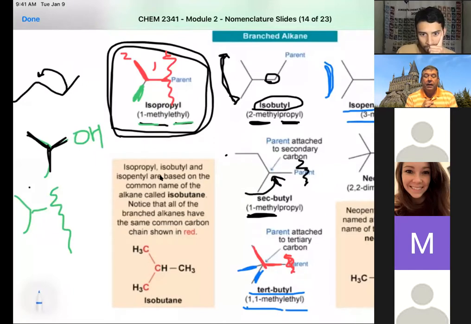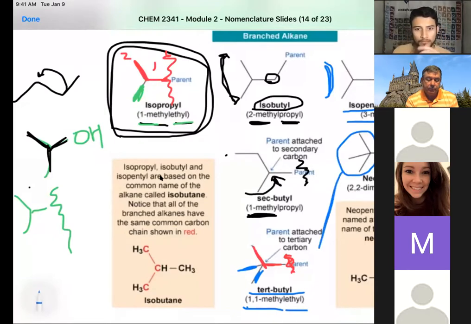Okay. Now, if we have a T-butyl group on that long chain with a total of 5 carbons, this looks a lot like this T-butyl group down here, but we still have that extra carbon here. We call that neopentyl, okay? And it comes from the idea that a compound with 5 carbons like that is actually called neopentane.